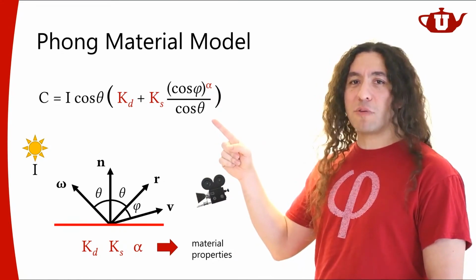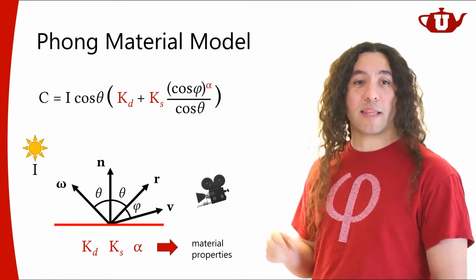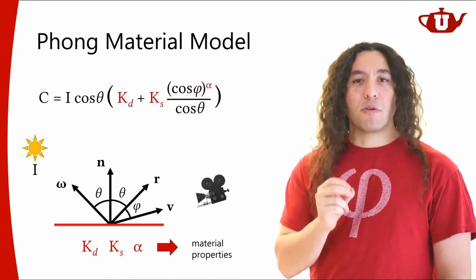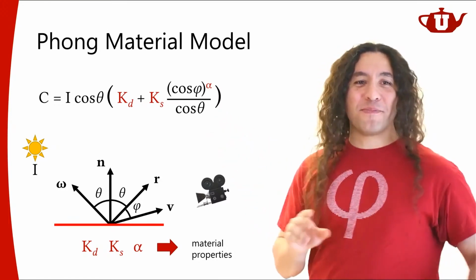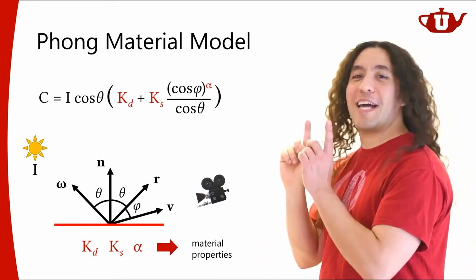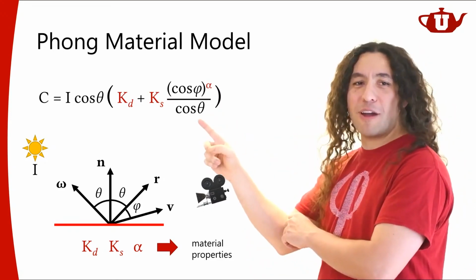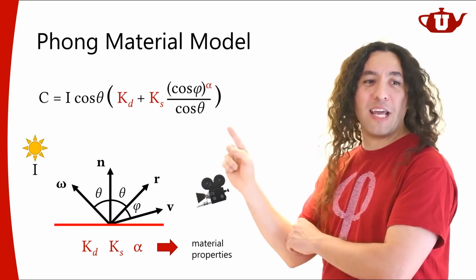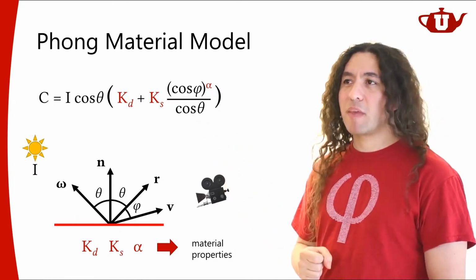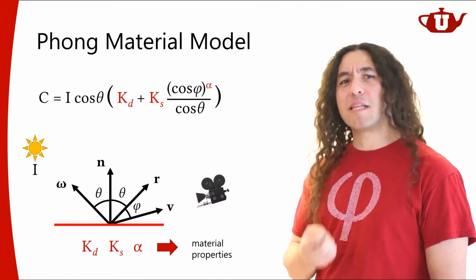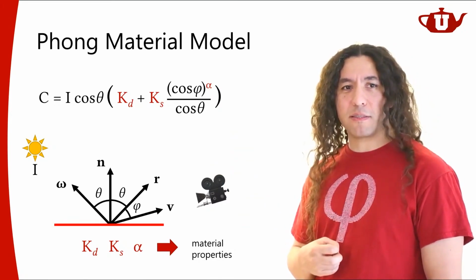There's a very good reason why you would have this 1 over cosine theta, which I'm not going to explain, because just explaining that is going to take a very long time. For the time being, just take my word for it that this actually makes sense that you are having a 1 over cosine theta here. And that's how you would get more, I'm going to say, reasonable looking specular reflections that way.